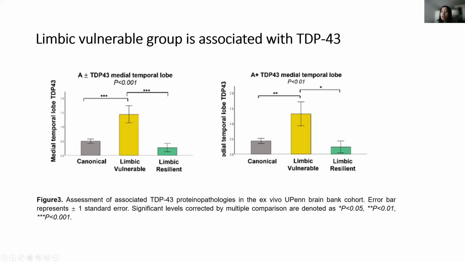So this suggests the limbic vulnerable cluster may contain TDP-43 pathology, which may play as a co-pathology, especially among those amyloid positive patients. On the other hand, the limbic resilient cluster contains the least amount of TDP-43 pathology, although the difference did not reach the significant level relative to the canonical cluster. So it's likely that lack of TDP-43 pathology may be a resilience factor for patients from the limbic resilient cluster